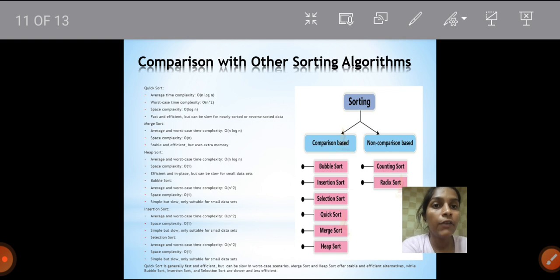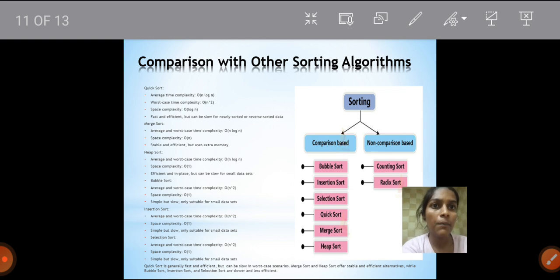Quicksort has the average time complexity of theta of n log n and worst case complexity of theta of n square, whereas merge sort has average and worst case time complexity of theta of n log n, and heap sort has theta of n log n. Bubble sort has theta of n square. Insertion sort has a time complexity of theta of n square, and selection sort has theta of n square.